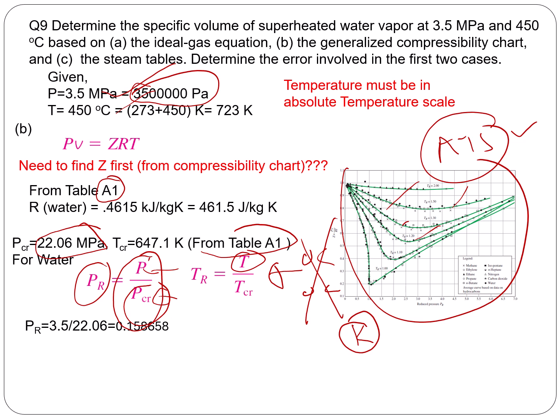Okay, so this is the value you get for 0.15. So the reduced pressure is on the x-axis, so it's somewhere pretty close to this point, right? And reduced temperature is 1.11. See here, where is 1.11? This is 1.2, this is 1. So it's pretty very close to this one. So you can say somewhere the intersection point here, and then